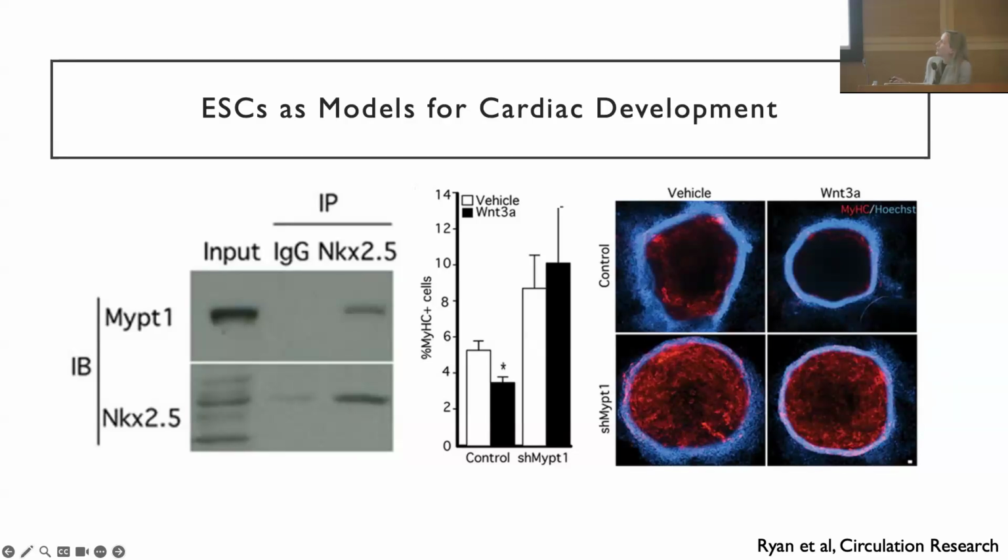And what I was able to show is that NKX2.5, which is an important cardiac transcription factor, interacts directly with the myosin phosphatase enzyme complex, and that's shown here by one of the subunits, MYPT1. This is a co-immunoprecipitation experiment. And that interaction is actually promoted by Wnt signaling through various mechanisms. And we were able to show that if you knock down expression of myosin phosphatase components, which is shown here by RNA interference for MYPT1, you actually prevent the ability of Wnt3A to inhibit cardiomyogenesis, and you get lots more cardiomyocytes, as shown here with myosin labeling.